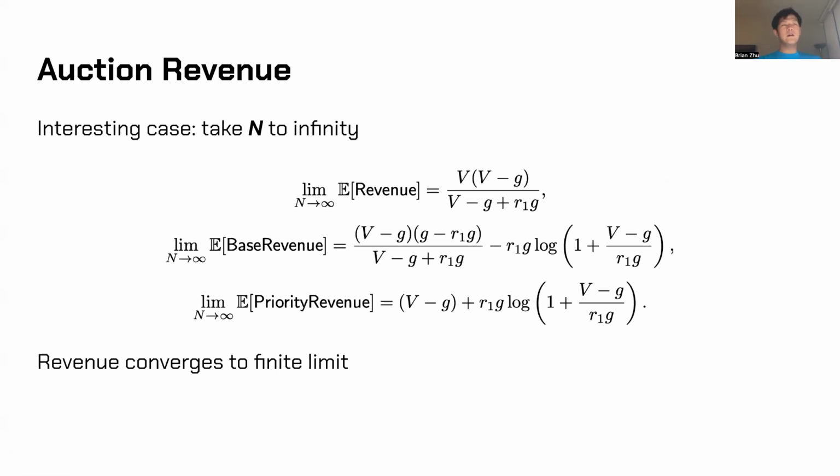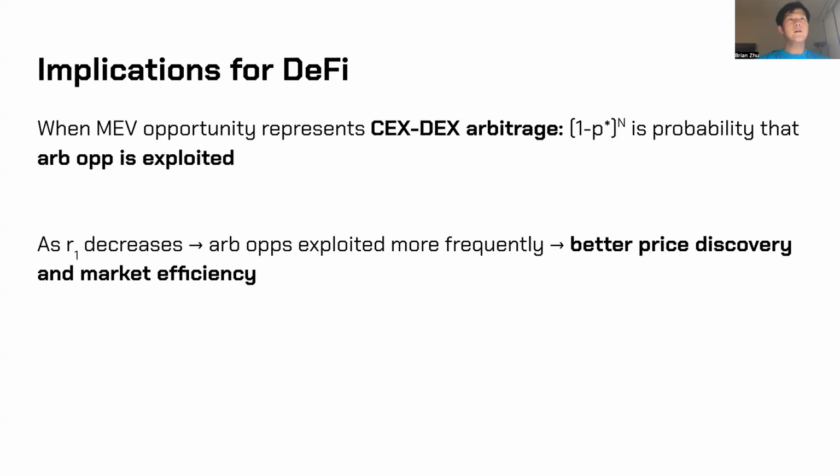Now, one other interesting corollary of this result is that if we take n, which is the number of agents participating in the entire auction, and if we take this to infinity, then the revenue is going to be finite. And the specific implications of this result for DeFi is that if this MEV opportunity represents arbitrage opportunity between centralized